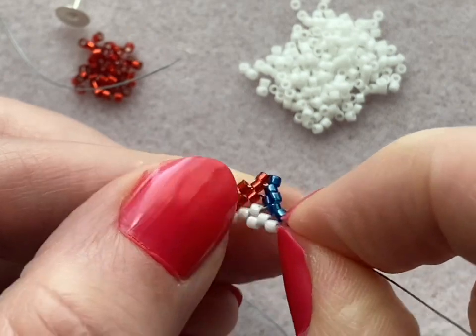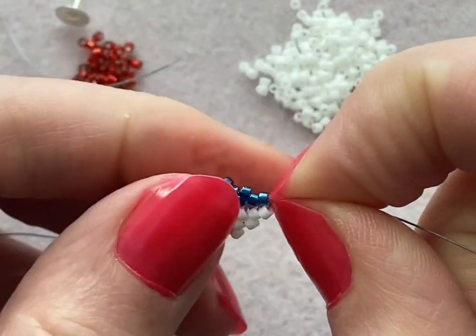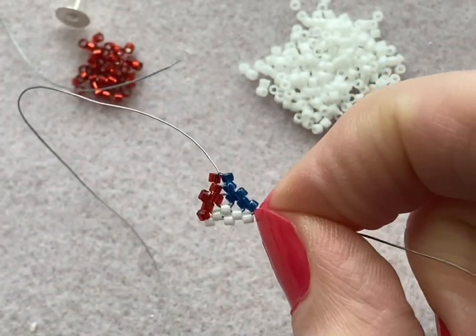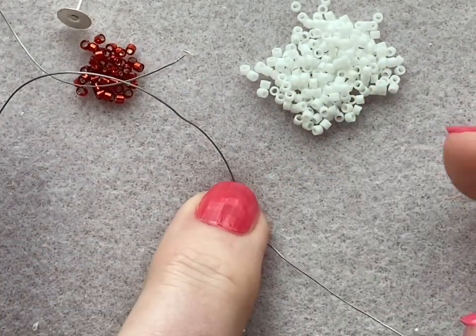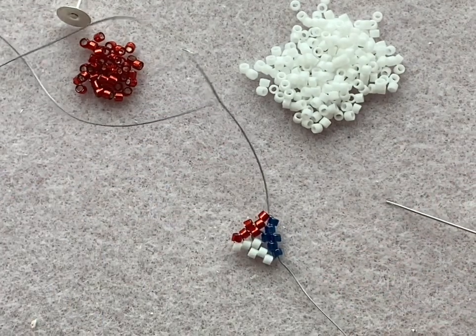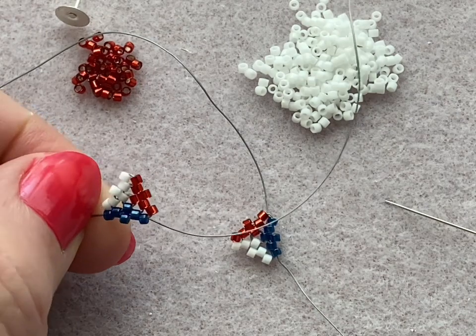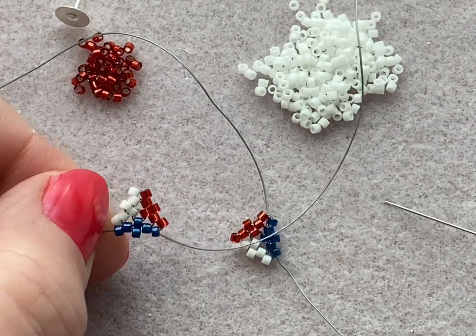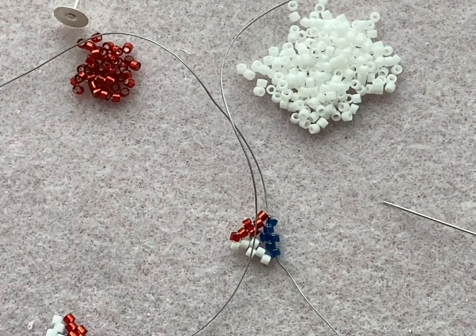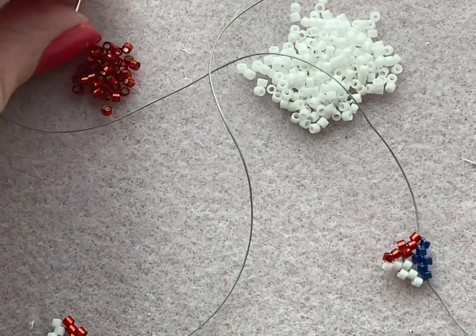Okay, so when you have this, go ahead, get another thread, and you're going to make a second one. Okay, exactly the same. Once you've done that, you need to get your